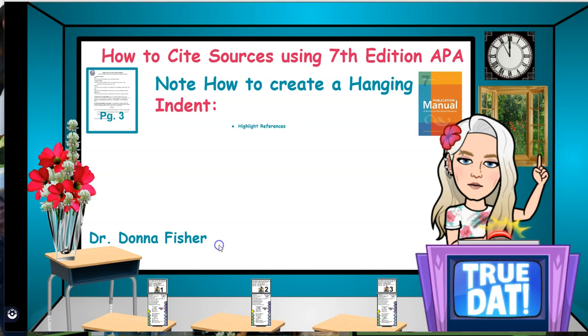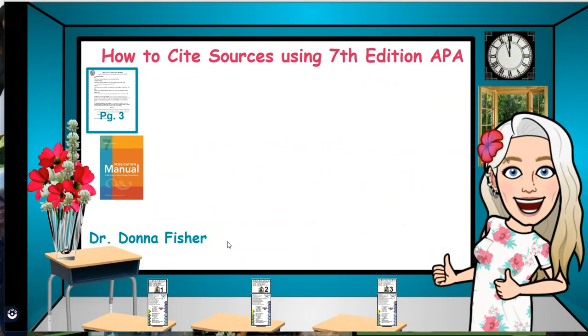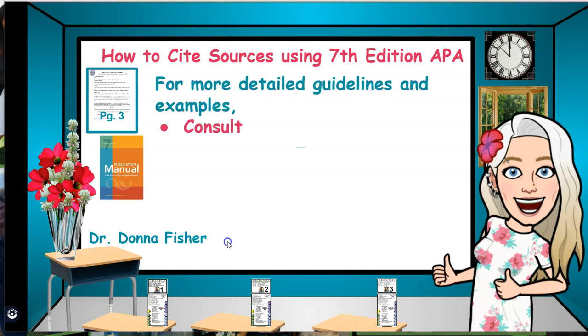So how to create a hanging indent. All right, so to create a hanging indent, always use a hanging indent for second and subsequent lines of each reference on your reference page. In Google, to create a hanging indent, first highlight all of your references. Then in the menu, open Format, choose Align and Indent, choose Indentation Options, select Special Indent drop-down menu, choosing Hanging, 0.05 should automatically appear. For more detailed guidelines and examples, it is recommended to consult the official APA Publication Manual